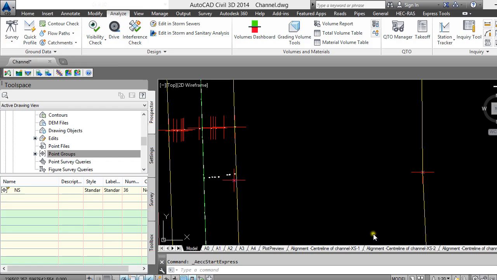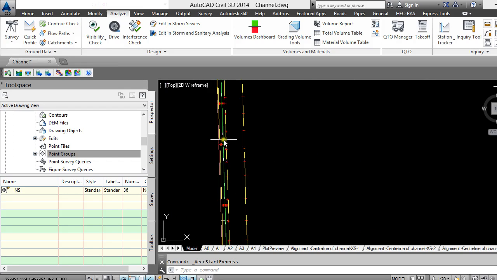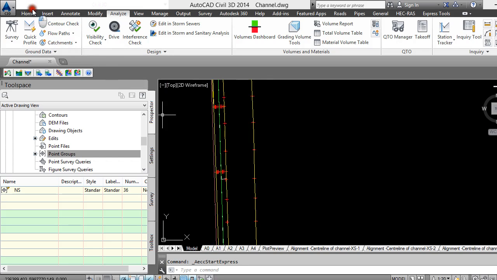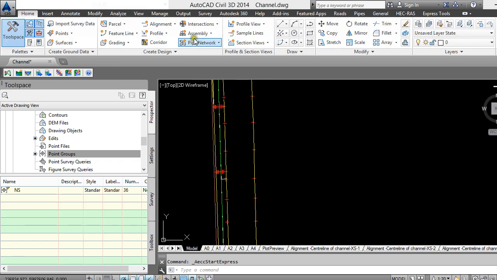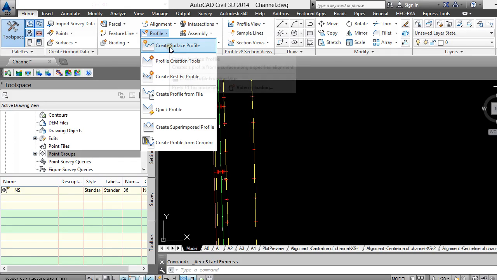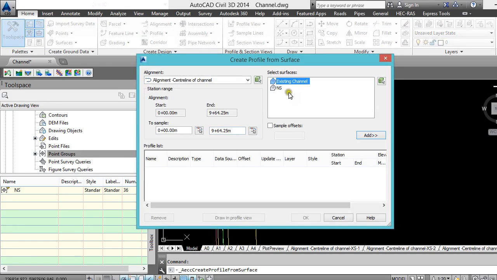So I'll firstly go in Civil 3D and create a profile of my alignment, a surface profile, natural surface, alignment of the channel,